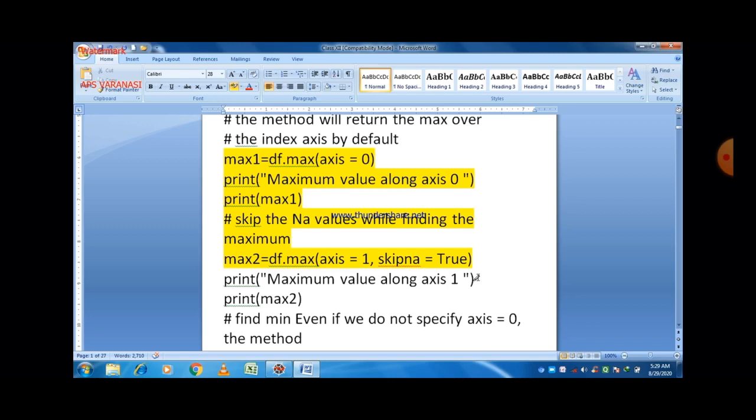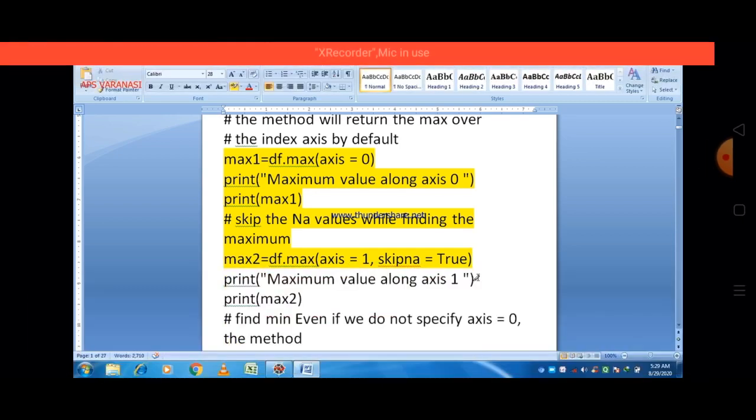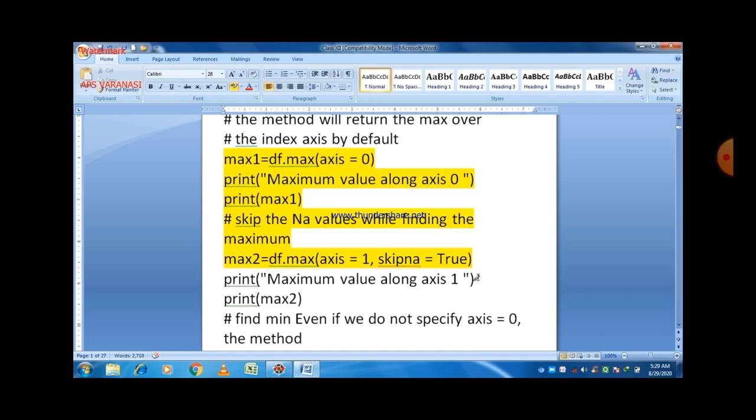And in the second case, if we want to find out the maximum value along x is 1, then we just write max2, which is the name of the variable, equal to, that means assignment operator, df, name of the data frame, dot max, max is the name of the method, and within parentheses you can easily see that these are the parameter values that are passed as x is 1, so along x is 1 means column wise, and then skipna is equal to true means we just ignore or skip any values.